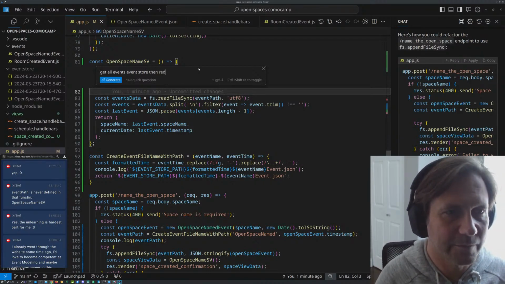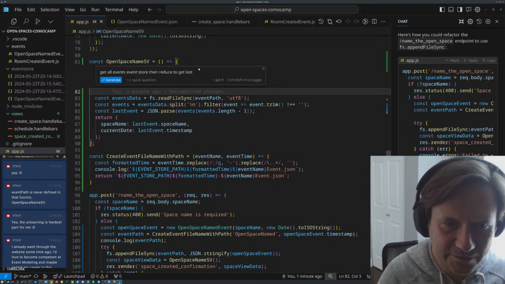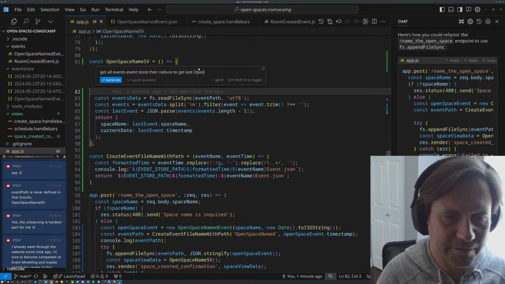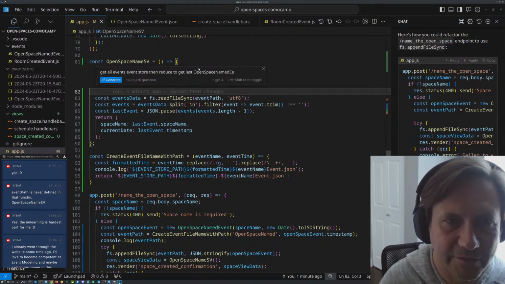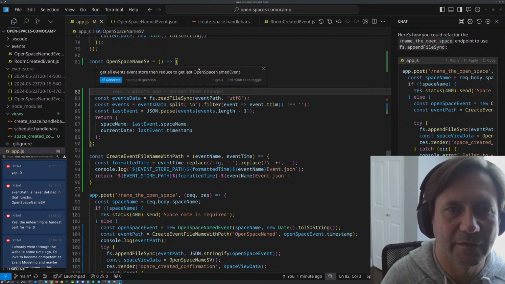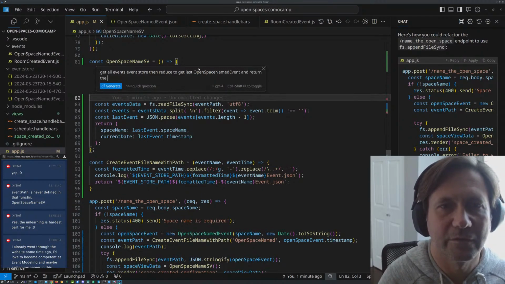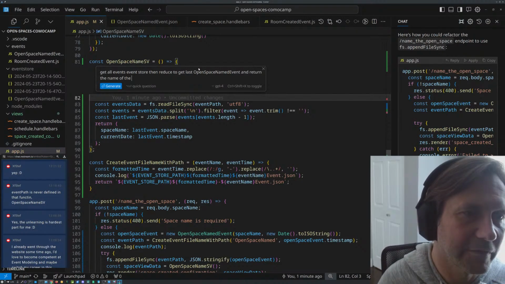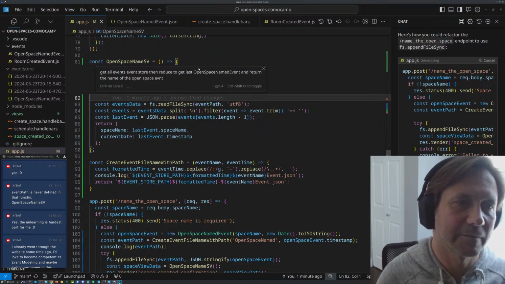Then reduce to get last open space named event, and return the name of the space event.